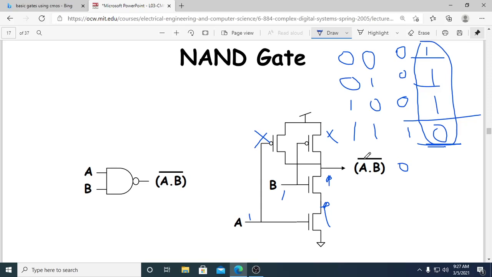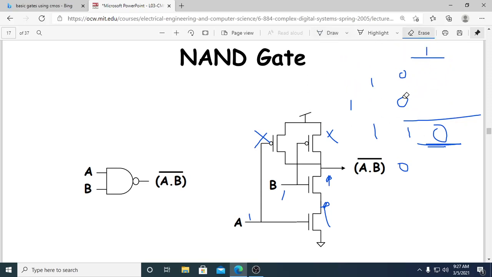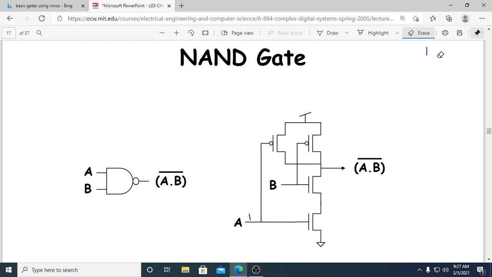A into B, with a bar over it. That is nothing but which gate? NAND gate. So if you want to design your AND gate, keep in mind always, I will give you a trick, or this is a fundamental: you are getting only complemented quantities. It will give you a bar quantity only. And if you want to convert into the normal A and B, you have to use a NOT gate again.